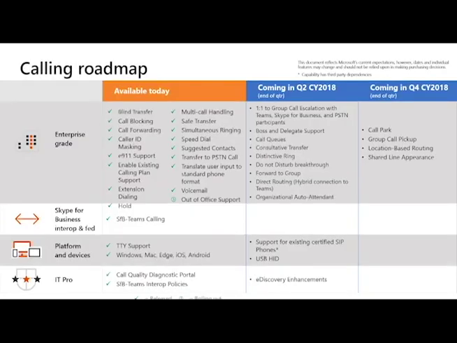Okay, moving on. I wanted to show this slide because this is a list of all the different features and functionality that has evolved through the calling roadmap from Skype for Business over into Teams. With Microsoft making that announcement as of October 1st, they've actually hit this timeline ahead of their expectations, which is the reason why they've chosen to make this live as of October 1st. So all of these features and functionality are available today, from my understanding. You won't be able to read them all now. We will make this available as a public roadmap as well.